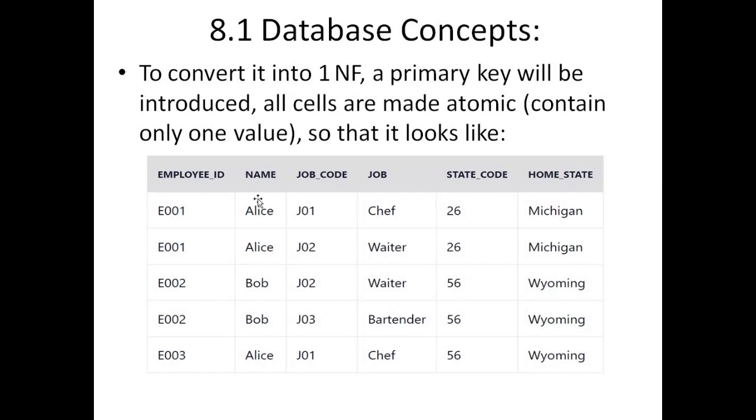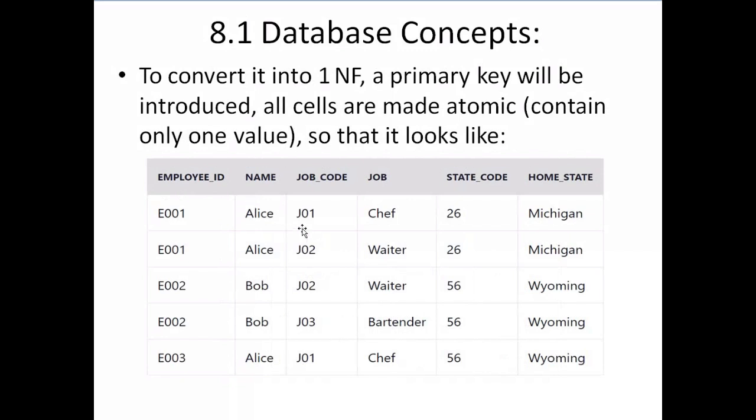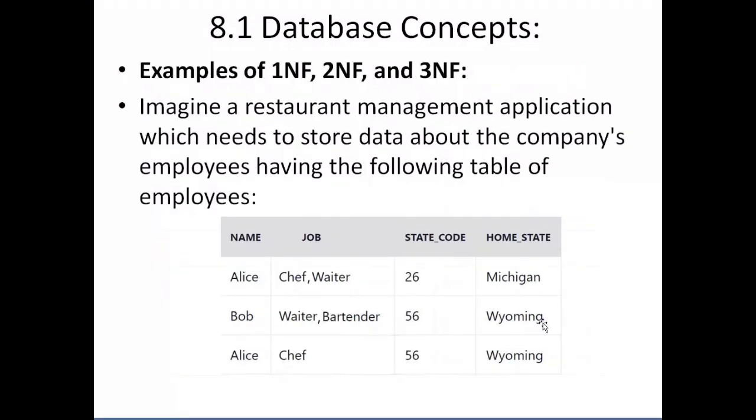So we can do it like this: employee ID, that can be our primary key. Then we would write name, then we would write job code. Now why have we created this field by the name of job codes? Because this field, job, contains multiple entries. Then we write the job: J01 is a chef, J02 is a waiter, J03 is a bartender, etc. Then we write the state code and the home state from